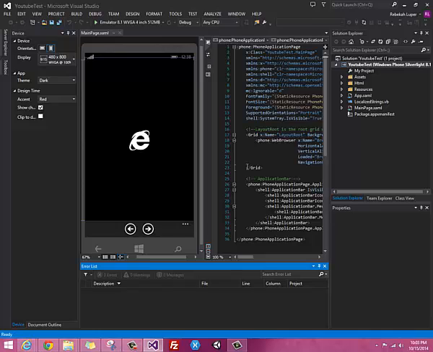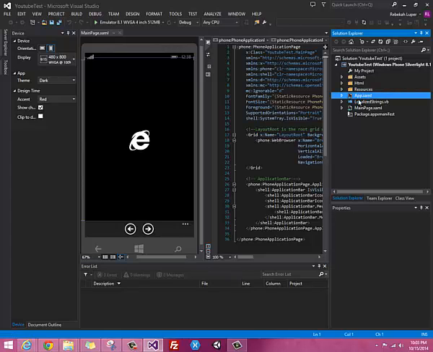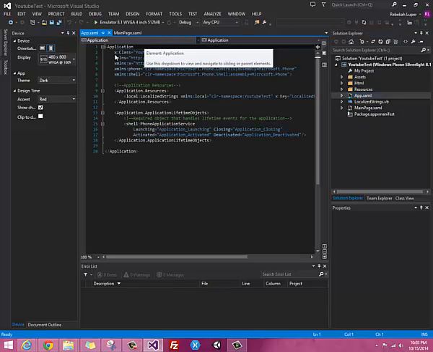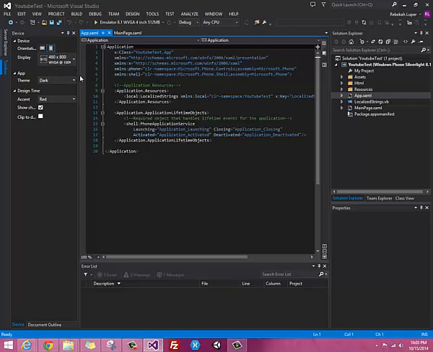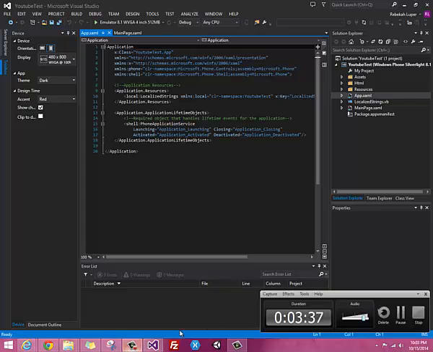Alright, when you first open your source code, this is what you'll find right here, and here are all your folders. To start it up, you just go to app.xaml. Well, first I'll show you how you can change all these other things in here, but first I'll show you all this. Here's your